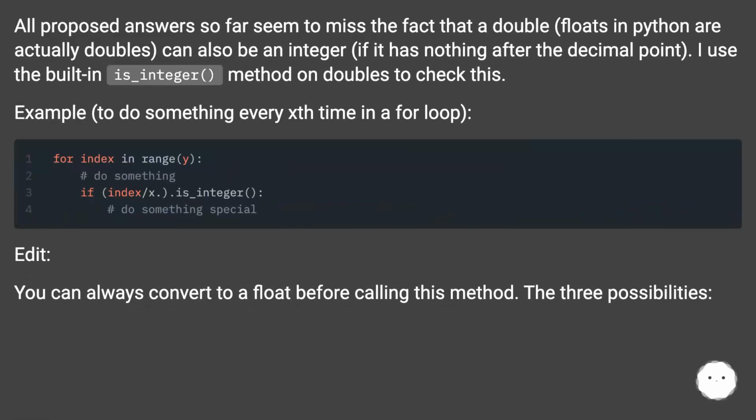All proposed answers so far seem to miss the fact that a double, floats in Python are actually doubles, can also be an integer, if it has nothing after the decimal point. I use the built-in is_integer method on doubles to check this. Example, to do something every xth time in a for loop: